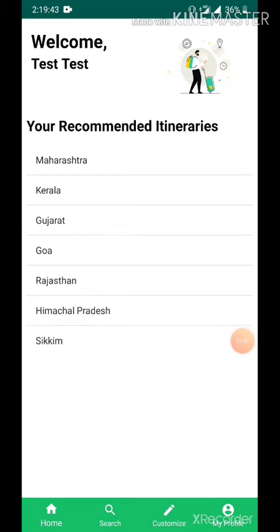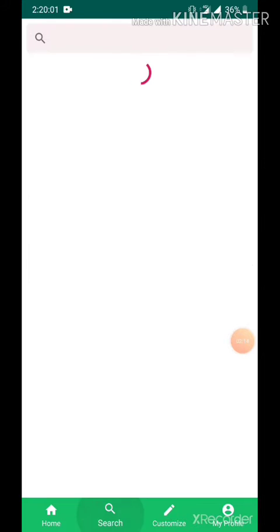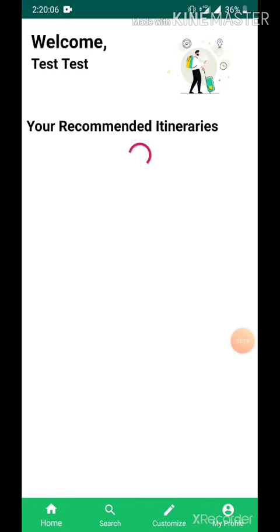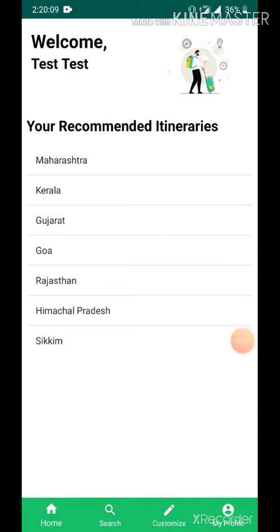These are the recommended itineraries, which are recommended by our ML model, which is deployed on Heroku itself. So this is the home page. On starting the app, the home activity is loaded, which contains this bottom navigation bar. These tabs you are seeing at the bottom are getting clicked and different fragments are getting loaded. So the app is basically made up of a single activity, home activity, apart from login and sign up activity, and all the other pages are just fragments which are being loaded on different events.